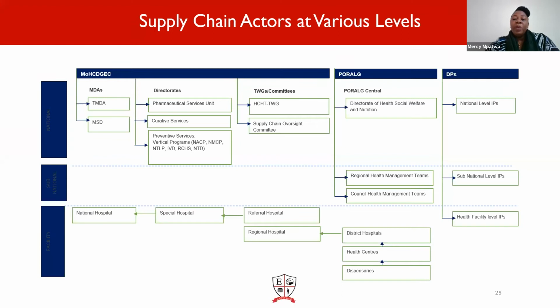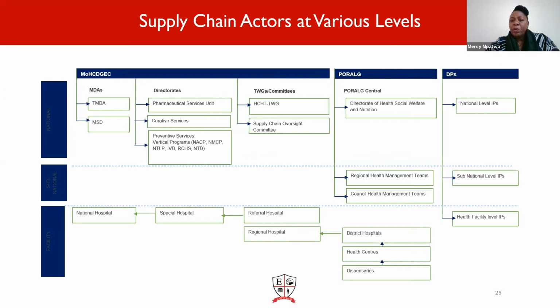And with the development partners, we have national level development partners, while under the development partners, we have the national level implementing partners. When we say DP, we mean development partners. They are the ones we used to call donors, and now we call them development partners. So we have the national level IPs, and also at the regional and councils, we have the subnational level